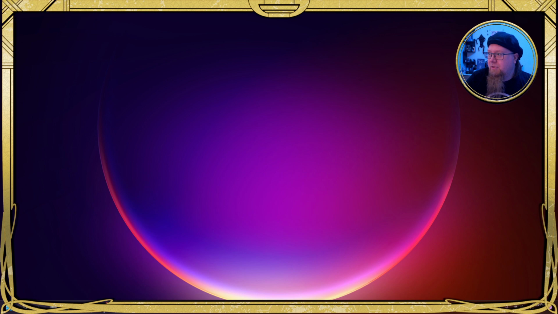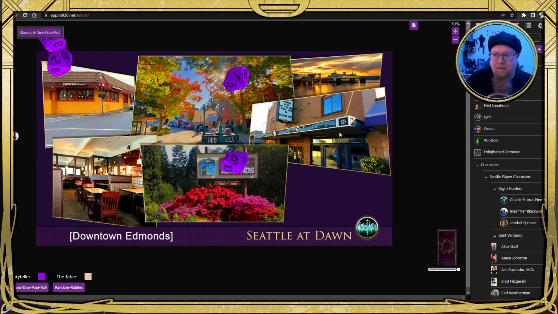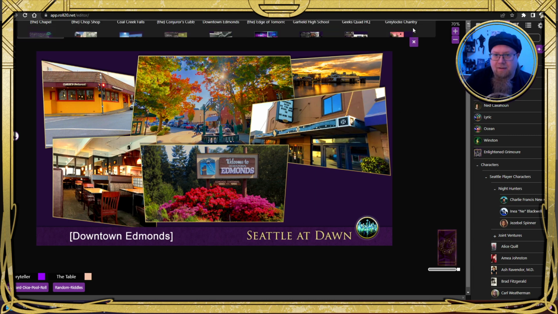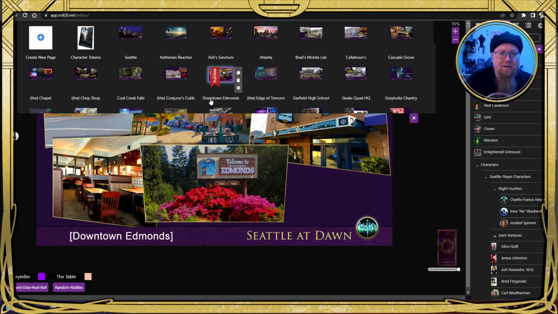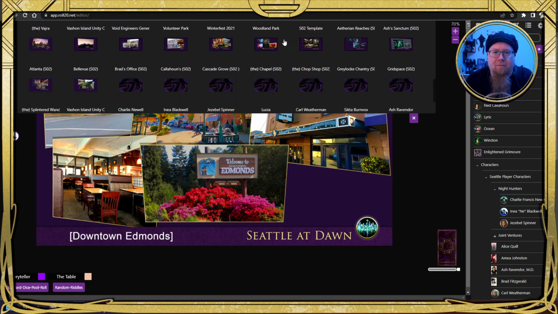So now let me show you how we bring that into Roll20. So here we are. This is the old Edmonds thing. We want to make the new one. So I'm going to go to the page. I'm going to copy the words because why would I ever do anything other than copy if I don't have to? All right, I try to keep this alphabetical, so I'll go back in here. I've got the Chop Shop. Right after the Chop Shop should be Downtown Edmonds. So we are going to hit duplicate page. I don't want to keep any of the items on any of the three layers that are in Roll20. So we're going to duplicate that.